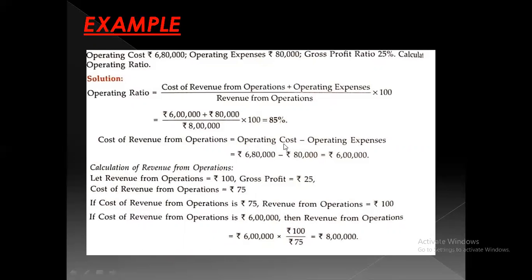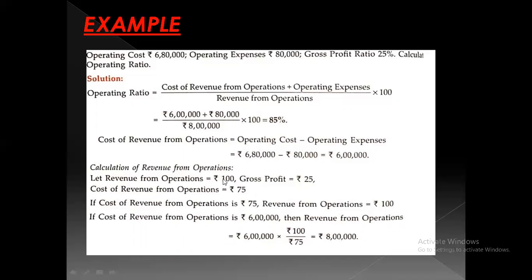And revenue from operation is not given, but the gross profit ratio of 25% is given. Here we'll first of all calculate revenue from operation. Gross profit ratio is given as 25%. So to calculate the revenue from operation, first you will see